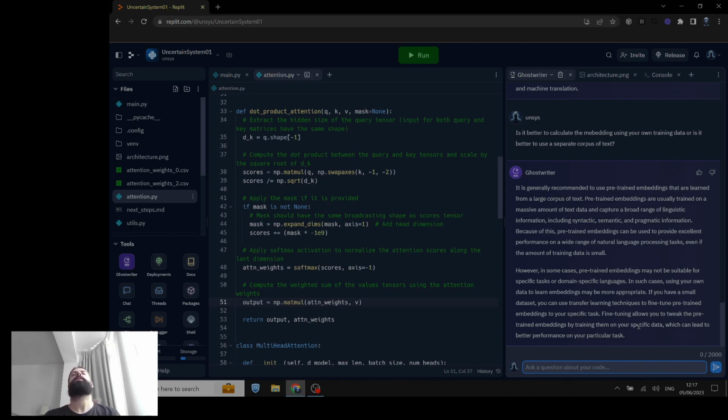Okay, now I get it. So if I use pre-trained embeddings,